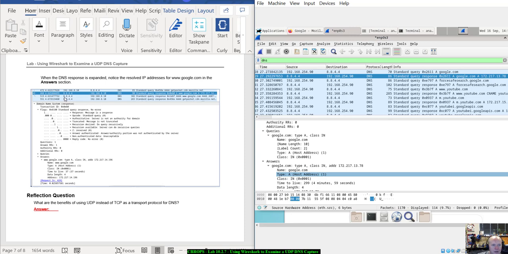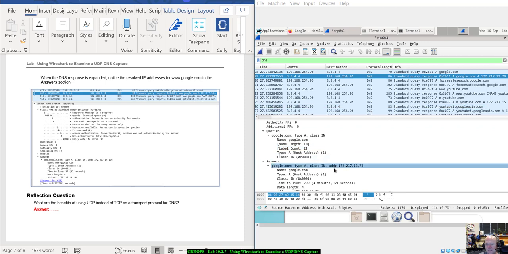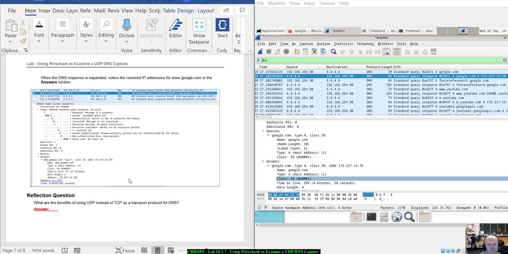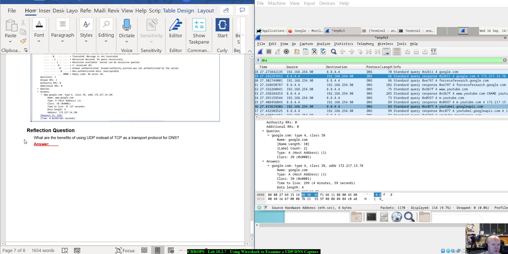Notice how we went to 8.8.4.4, but it's actually going to 172.217.14.196. So it's like a multicast, or actually it's referred to as anycast. You have a list of IP addresses or destinations you can go to, but your source is going to be 8.8.4.4. Anyways, all right. So what are the benefits of using UDP instead of TCP as a transport protocol